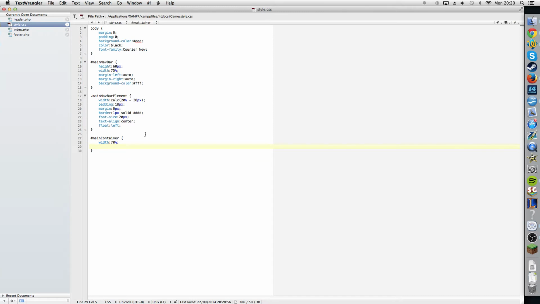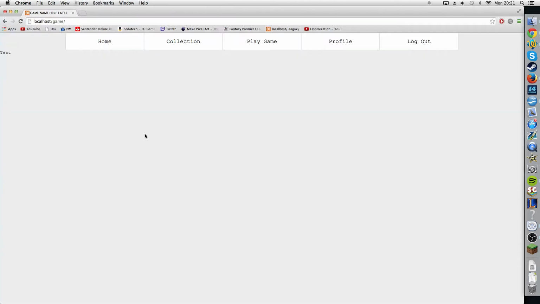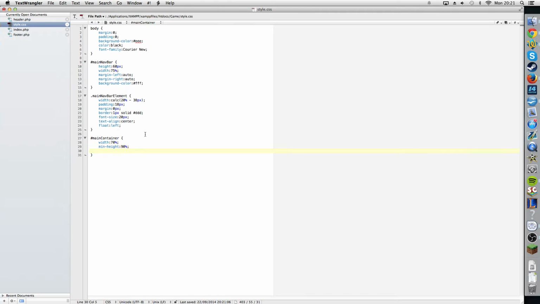It's a terrible number, but 70% is good with me. It's going to be a minimum height of 90%. Oh yeah, we want margin top to be, is that 60 pixels high, 100 pixels? Maybe a little bit less than that. We'll see. Background color is going to be,